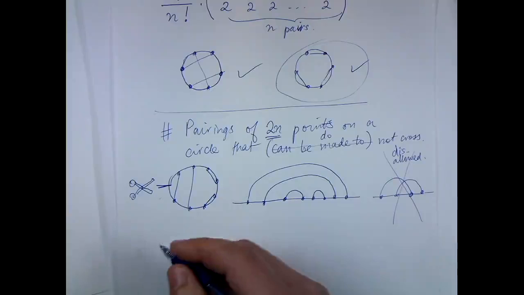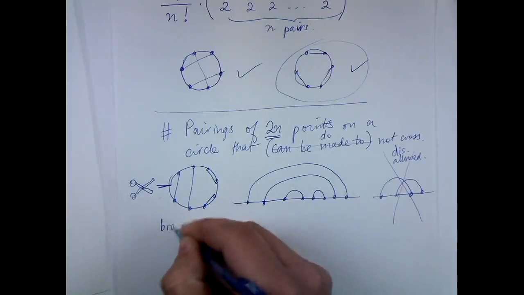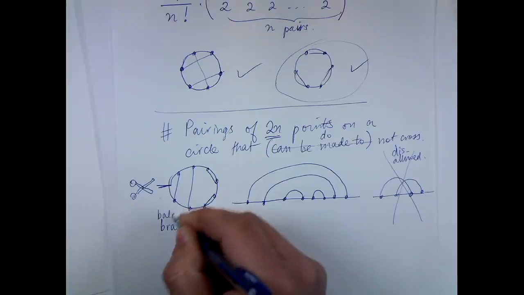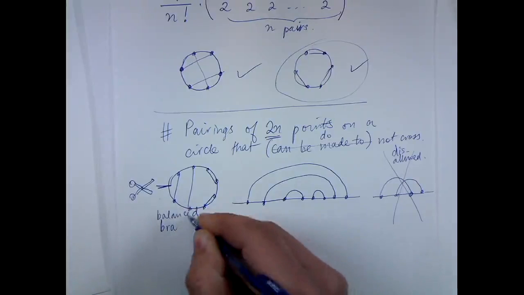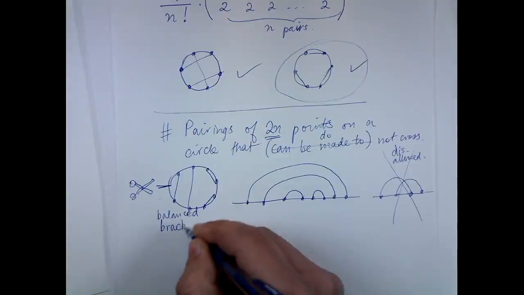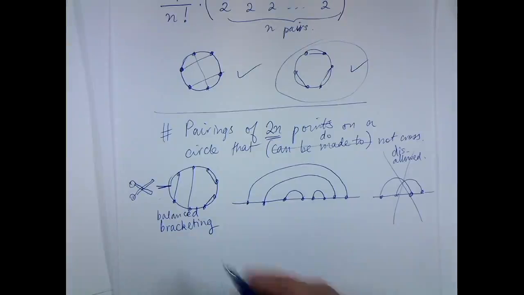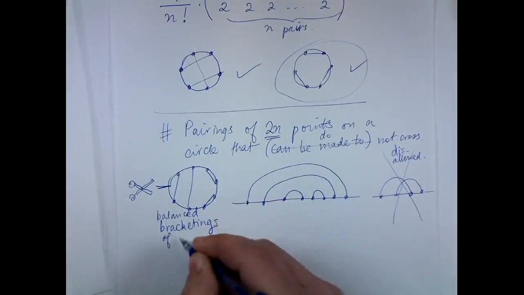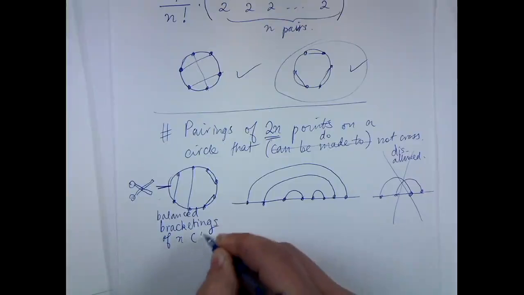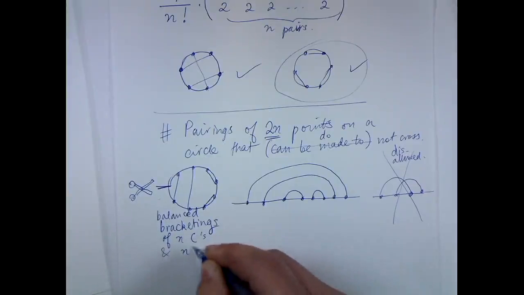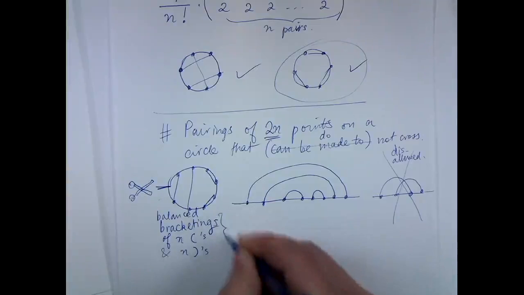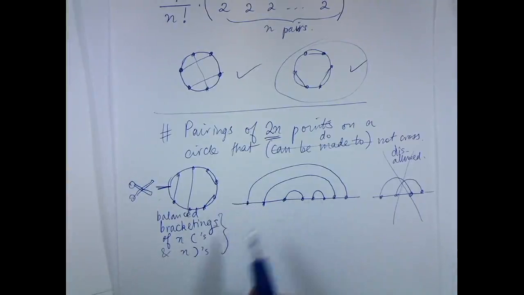Anyone who has done any computer science will know that, or even worked with R, balanced bracketing is essential. And the number of balanced bracketings of n open brackets and n closed brackets, well, not only is it related,